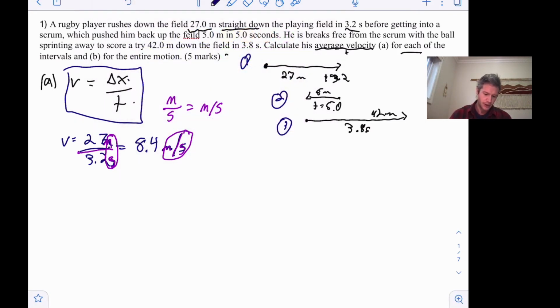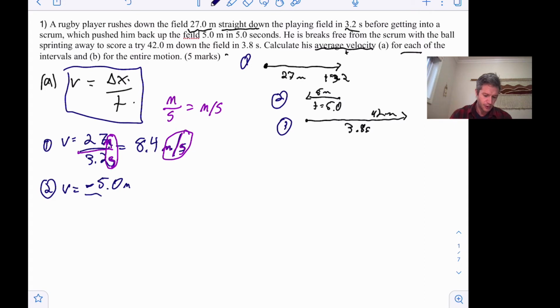Okay, so that was number 1. We do the same thing with number 2. Okay, but we notice here that it's in a reverse direction, so that's just something to be mindful of. So where do we put this negative? Well, in our coordinate system, it's coming back and it refers to the distance. Okay, so we go velocity equals a negative